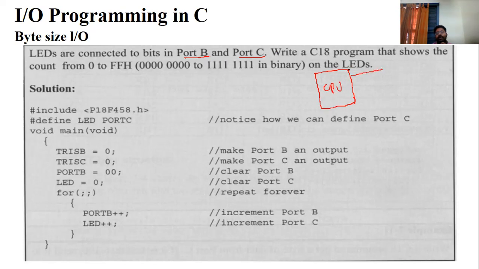So how many LEDs? Port A is 8 bits, so 8 lines are there, up to the 8 lines. These are the LEDs, LED 0 to LED 7. Likewise, we have another port also. LED 0 to LED 7 are the first 2 ports, port A and port B. They can consider port B as well.